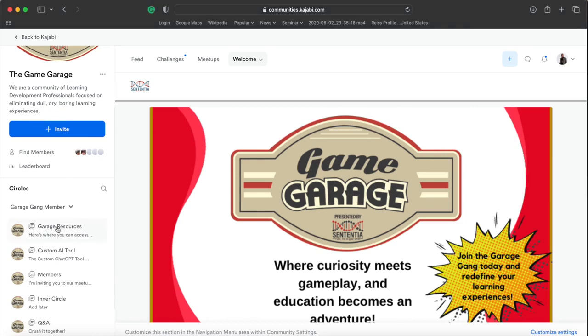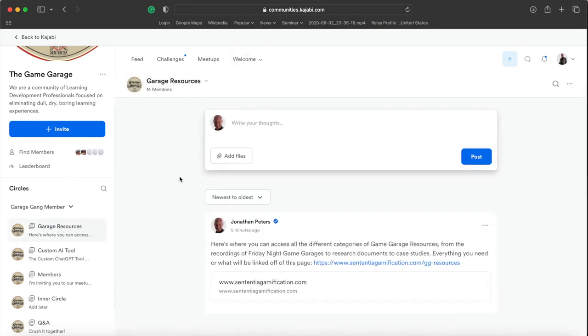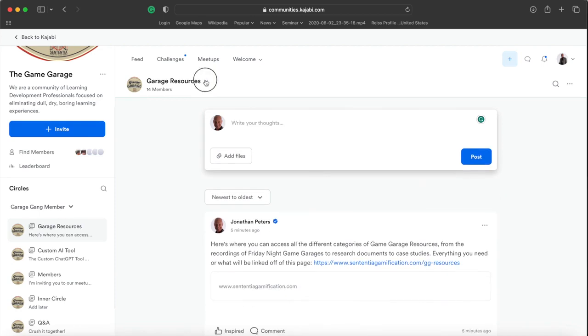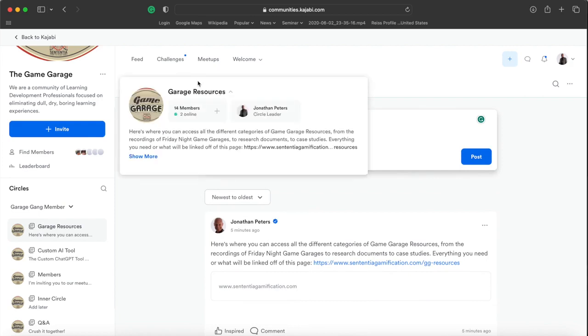So when we click on this circle, it's meant to be a discussion group and so on, which is fine. We can still talk in here as much as we want. So I've put this piece down here, and then more important for us moving forward, especially if the conversation keeps going, is to click down the caret. So clicking on the Garage resource up there, here we have the link as well.